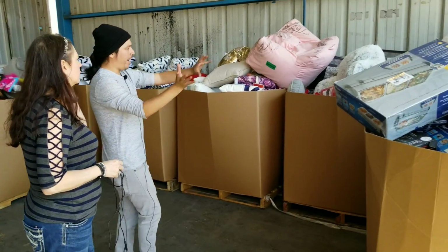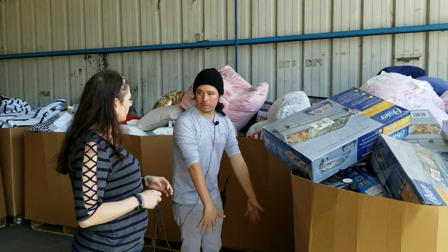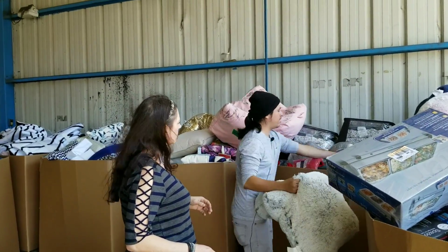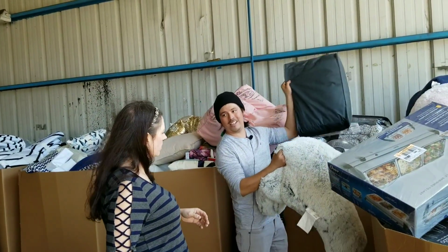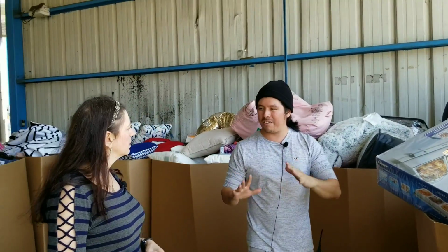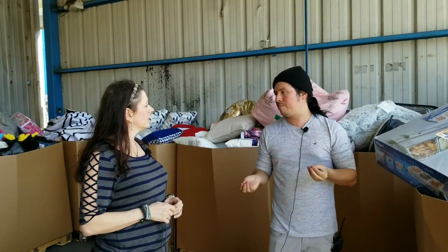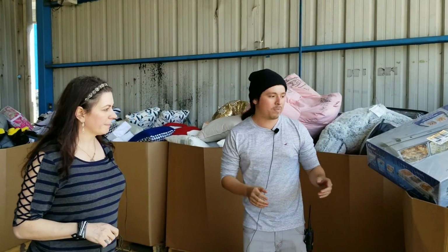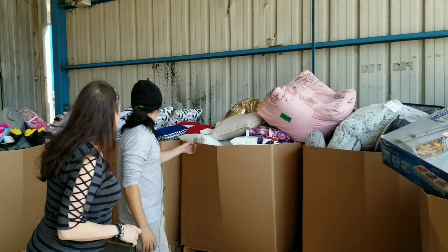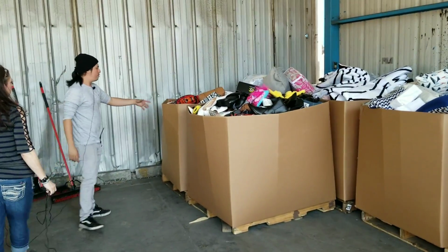They separate everything and then we decide, okay, we're going to put this on a pallet so it looks more presentable. We separate this, which is not as expensive as this, and then we do a second assortment so the customer can have a better idea. There are specific customers for specific merchandise. People are looking for blankets only, or pillows only, for example. Then we have, like we saw, more shoes, backpacks